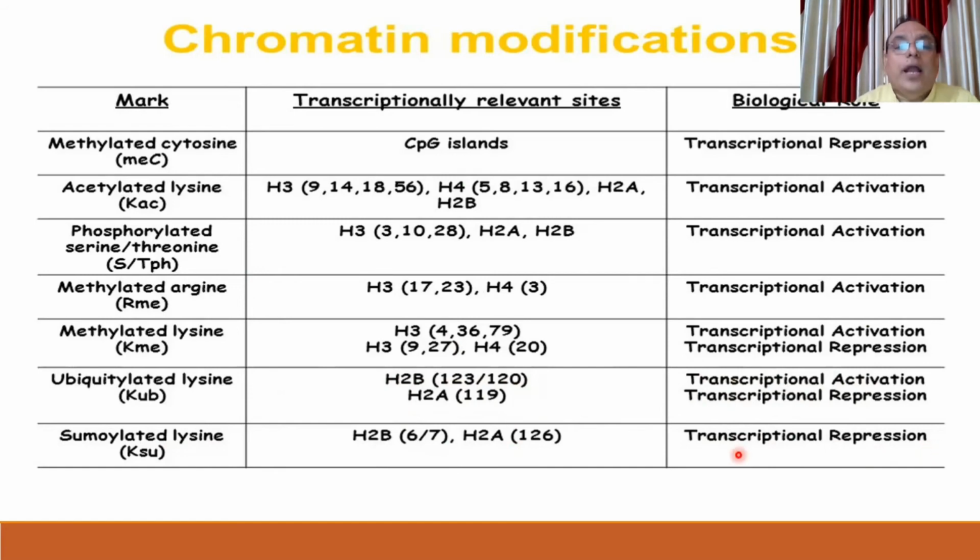So you can have a broad idea that this table is not that important from the point of centromere, but the question was how favorable environment is being created by the methylation, acetylation, sumoylation, or ubiquitination. So this table gives you a broad idea that attachment of that particular group to that particular amino acid will lead to